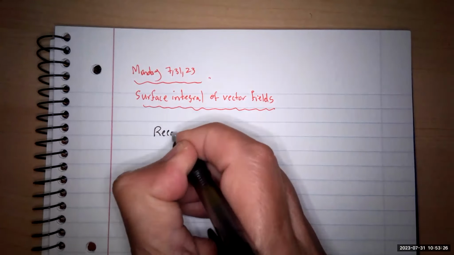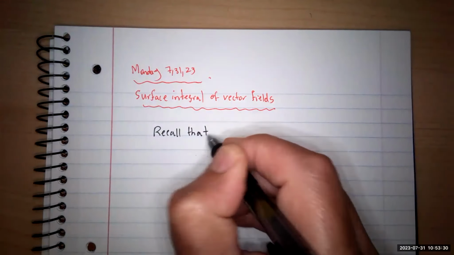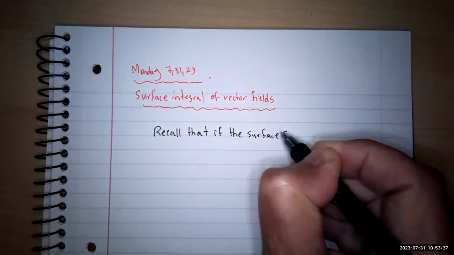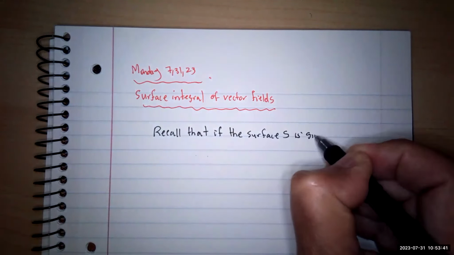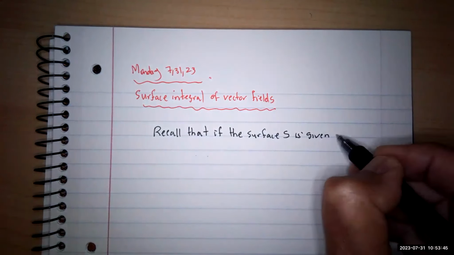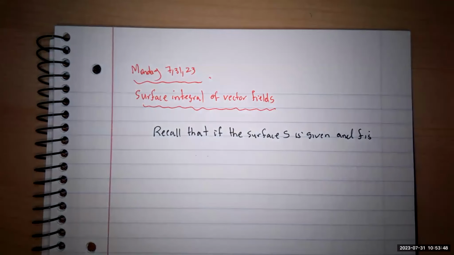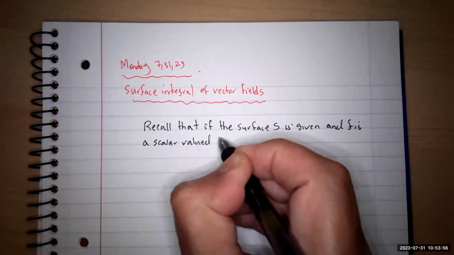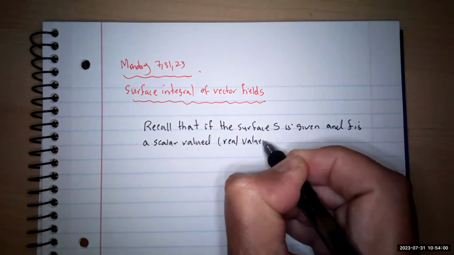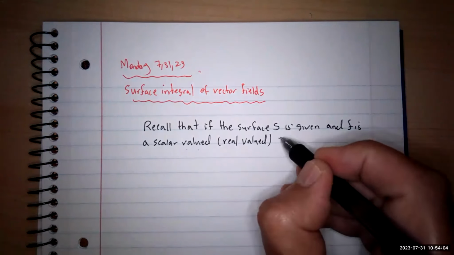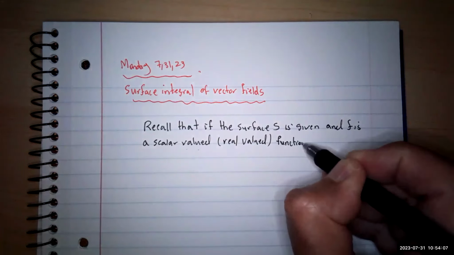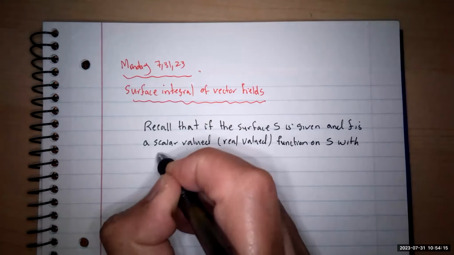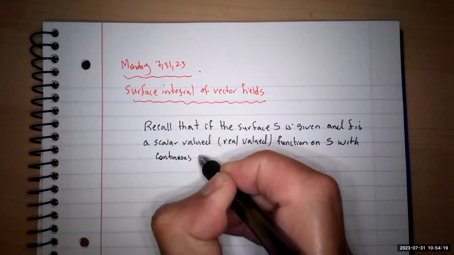So recall that if the surface S is given, and F is going to be a scalar valued, real valued function on S, with continuous partial derivatives,